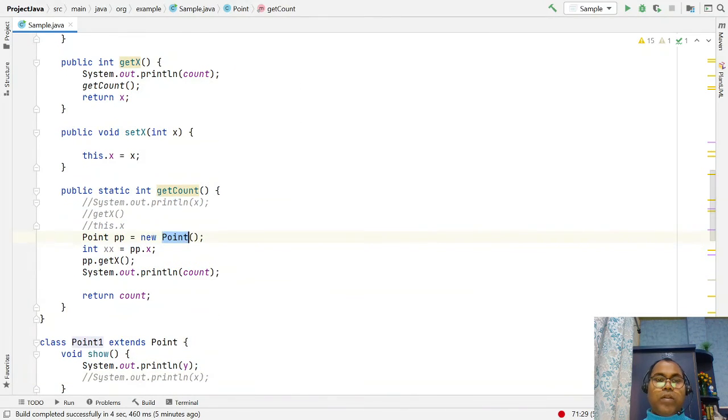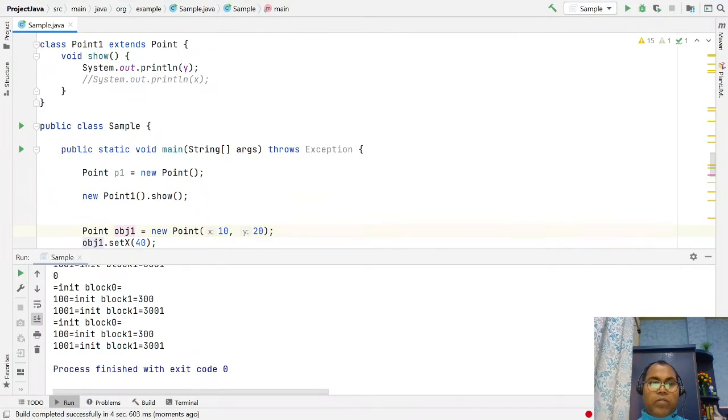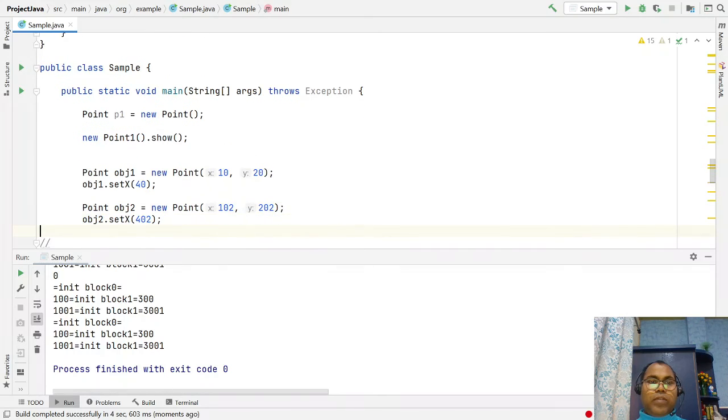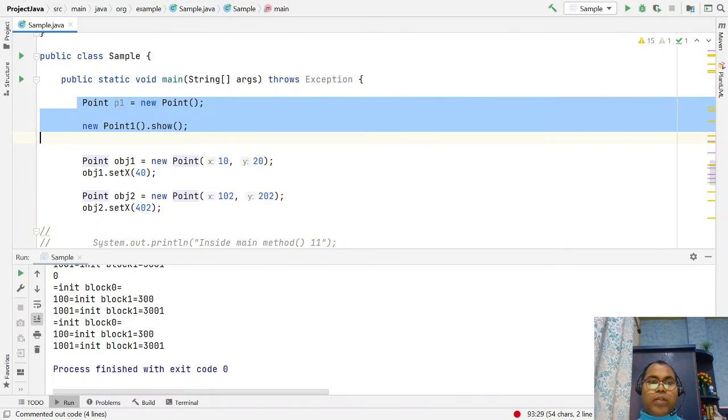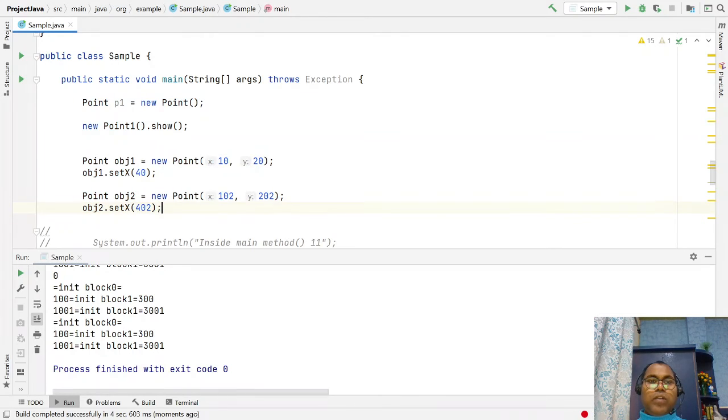Yes, we have created one object p. In the main method we have created this 2 times, 3 times, 4 times. Each time we create a new p, this block is executed.